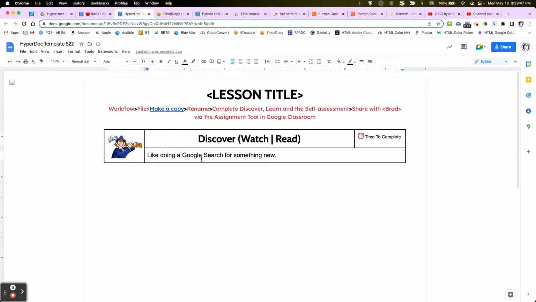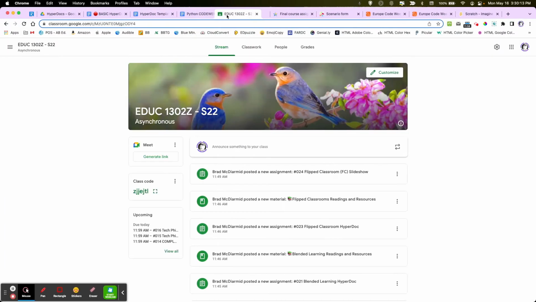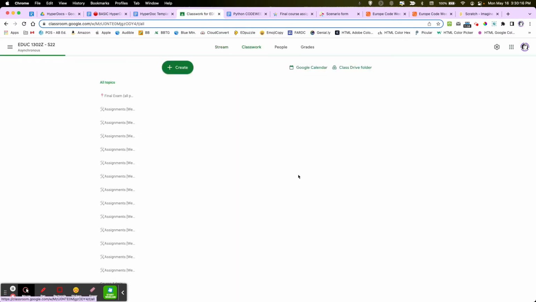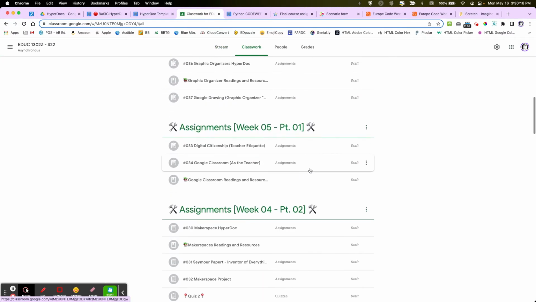Okay, now how many items you put in here is dependent completely on grade, and so. And that is all in Google Classroom under the time to watch. And I'll just show you here in Google Classroom. I'm not sure if I've got one open here. Let me close a couple of tabs first. Okay, and so we don't have all this stuff. So let me just move over to our class here. So in the HyperDoc assignment,